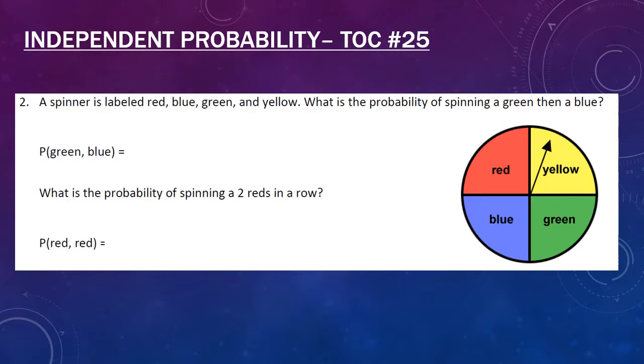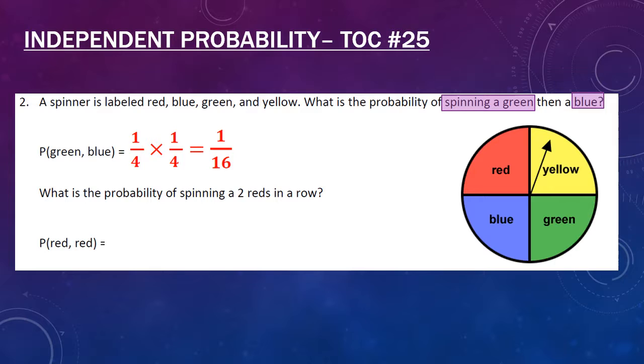So in example number 2, we have a spinner, and it's labeled red, blue, green, and yellow. And they want to know what's the probability of spinning a green and then a blue. So we have a green, and there's 1 out of 4, so its fraction is 1/4. And then spinning a blue is also 1 out of 4, and we multiply those two fractions together, and we get 1 times 1 is 1, 4 times 4 is 16, and our final answer is 1/16 because I cannot